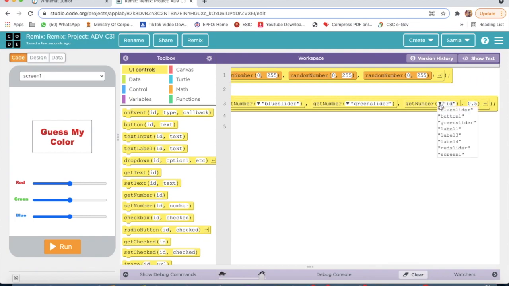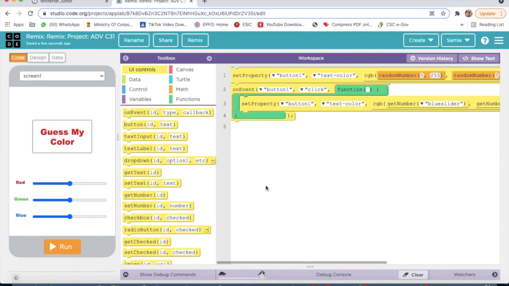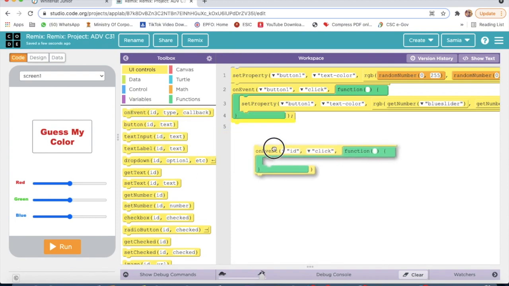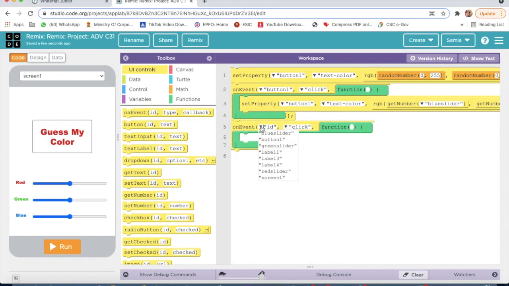After green slider, I will select red slider. Then again I will take on event, and here the ID will be red slider.